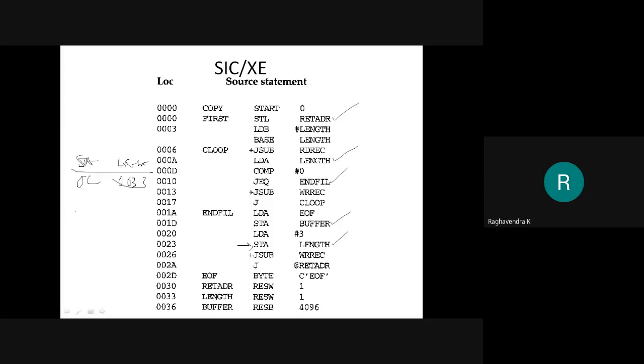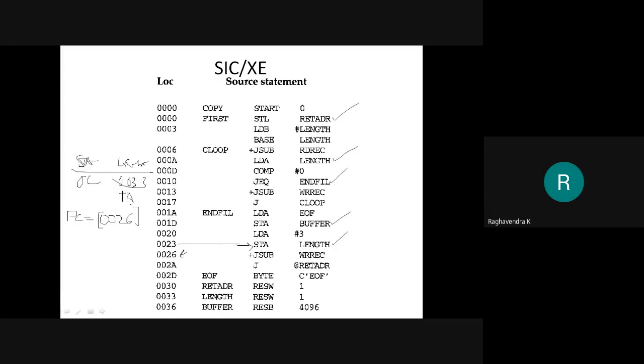For that, I need the value of PC. So I'm assembling this instruction, so quite obvious that the value present will be 0026. So I'm assembling the instruction at 0023. So obviously the next instruction is present at 0026. Okay, plus 3, right. So content of PC is known. Target address is known. Okay. So I need to calculate the displacement.